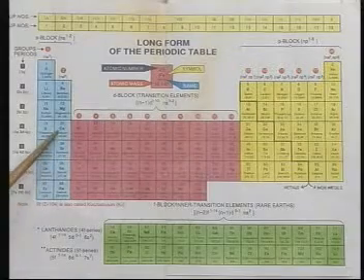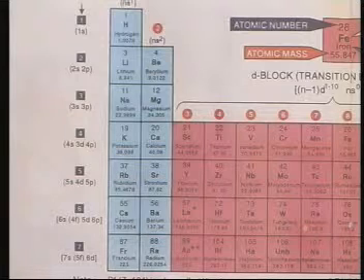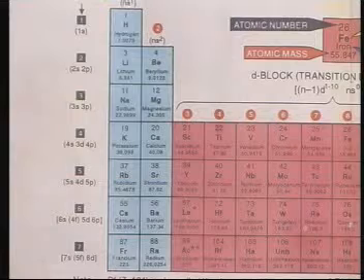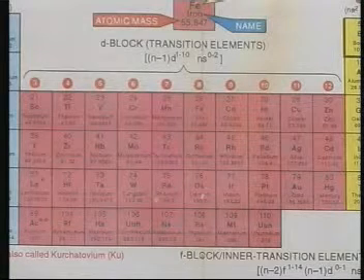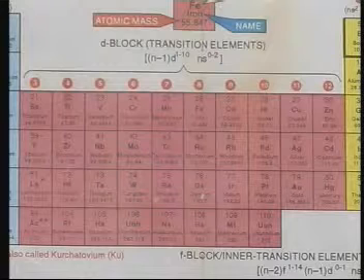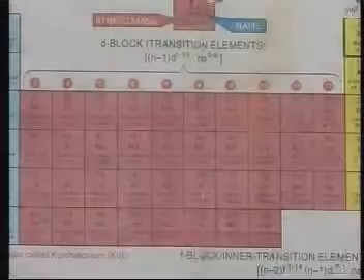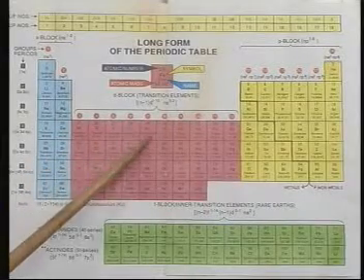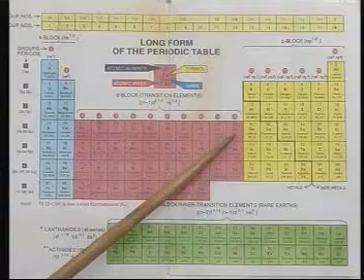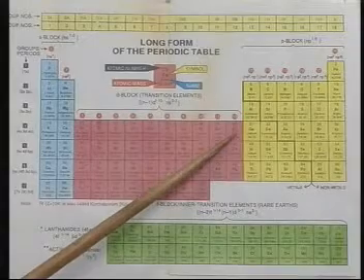If we look at the configuration of calcium 20, the outermost configuration is 4s2. After the 4s2 orbital is filled, the inner 3d orbital gets filled with elements from 21 to 30. Therefore, scandium 21 has a configuration of 4s2 and 3d1. Gradually, the d orbitals are being filled up in these elements, and with zinc the 3d orbital is completely filled.